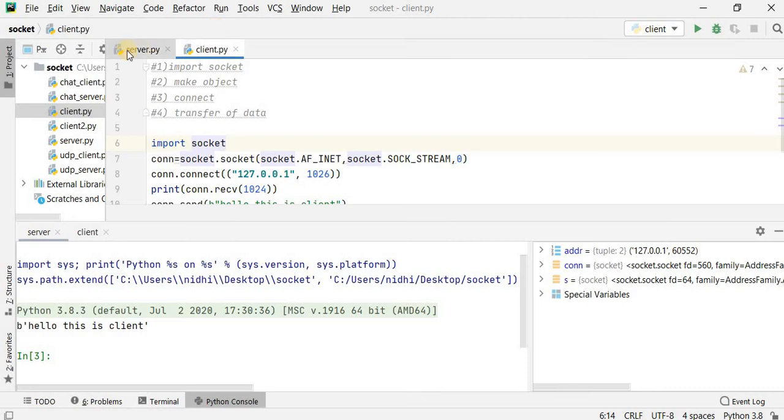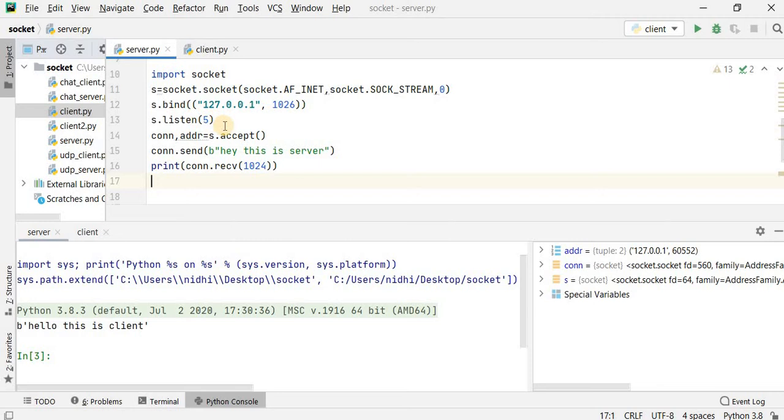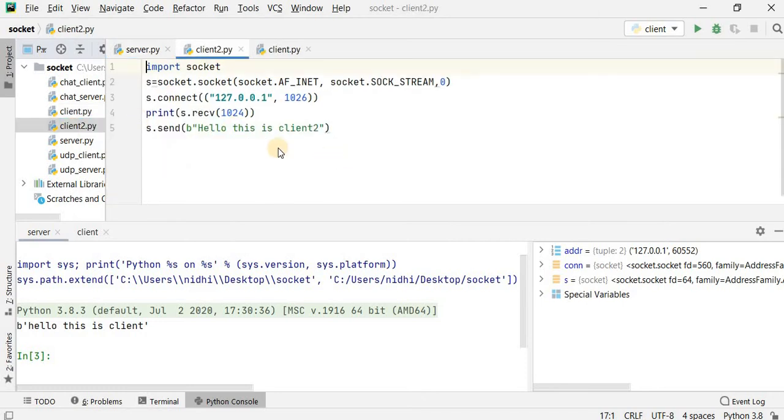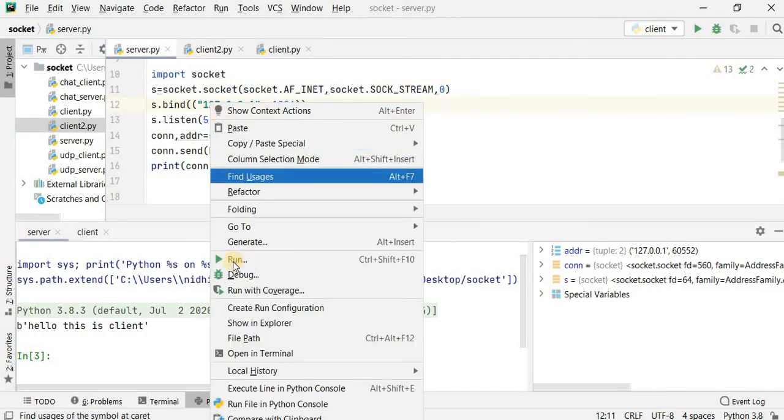Also in the server, in the listen method, there is a 5. So it can connect at most 5 clients. So what if I make another client and connect to this server simultaneously? It should connect. Like I make another client, client 2, and the message it sends is, hello, this is client 2. Again you have to start the server, so first you have to close it.